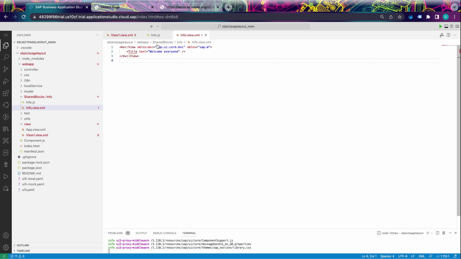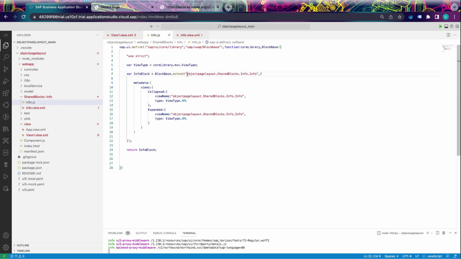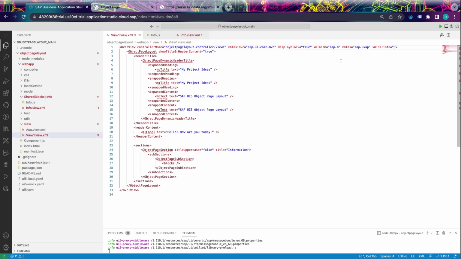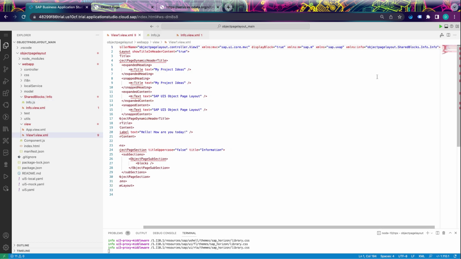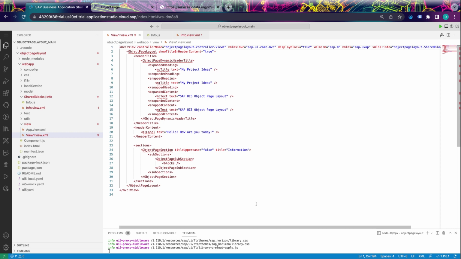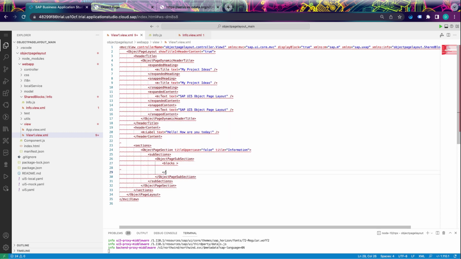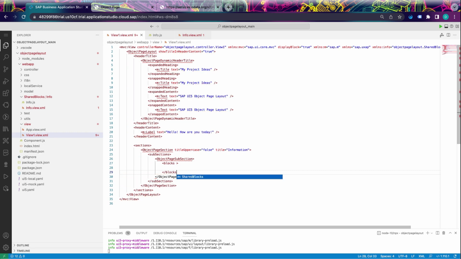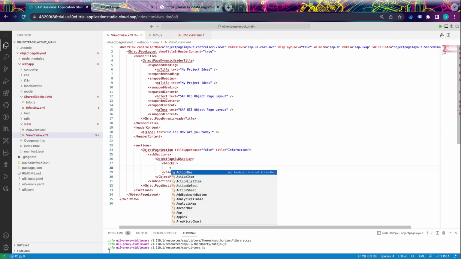And let's copy this particular path. Now that we have exported it, in our blocks, we just need to use this particular info view with the namespace info. That would be